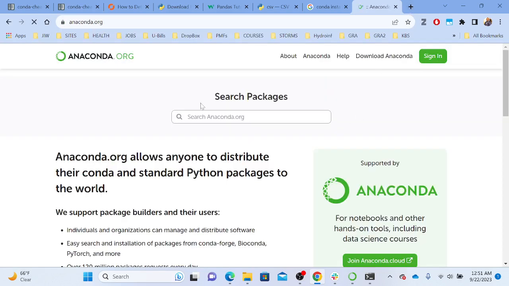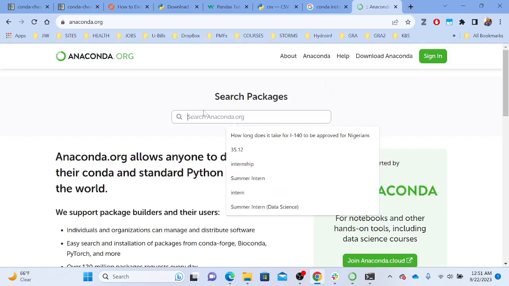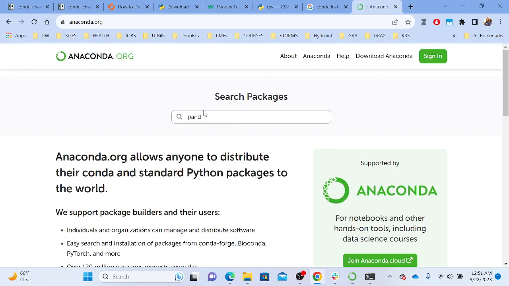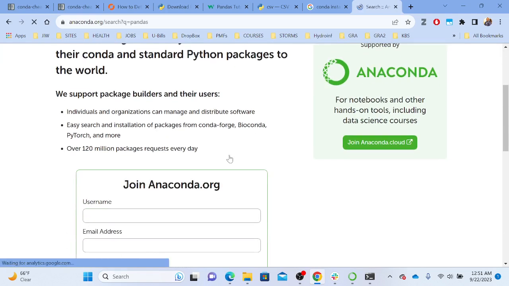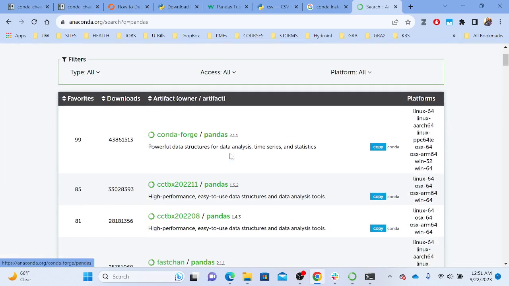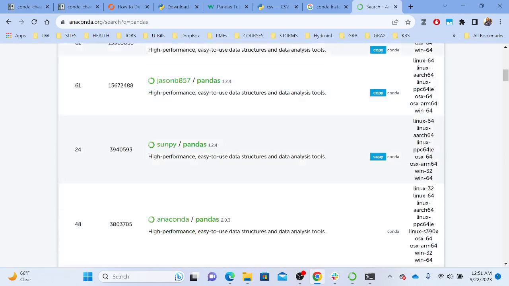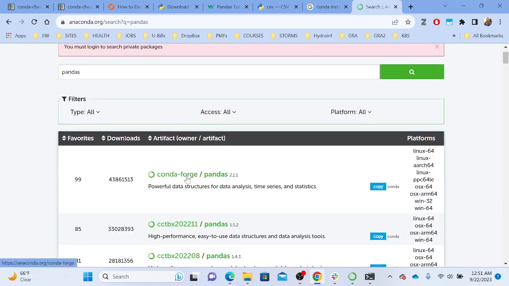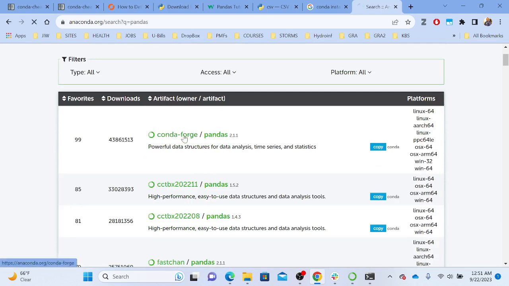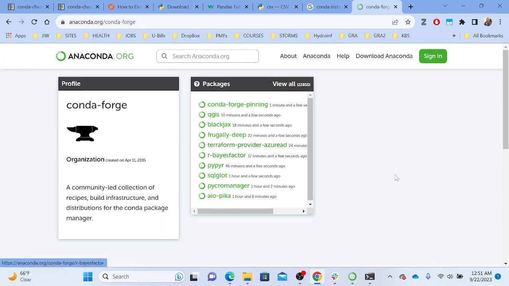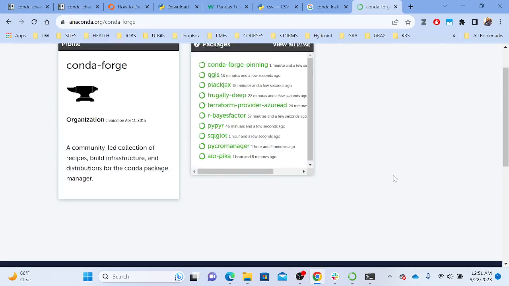and search for pandas. You see the pandas library. It's going to have the various pandas versions. We have conda-forge, and you have the rest. So let me just say pandas. I click the first one, and